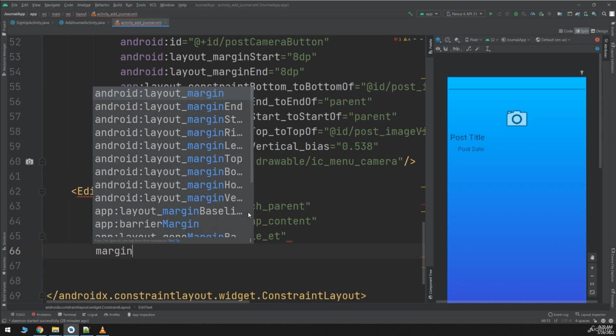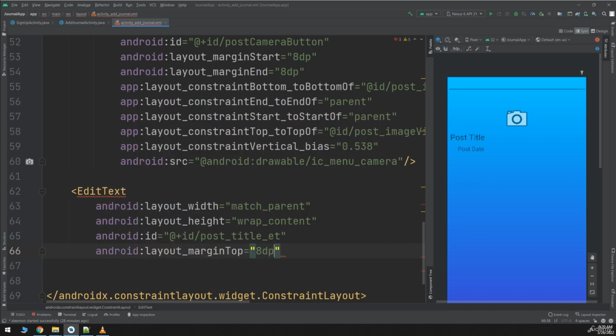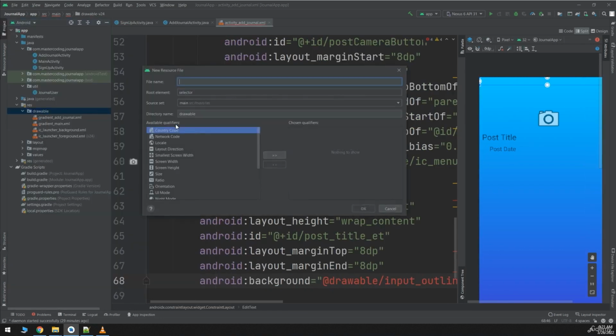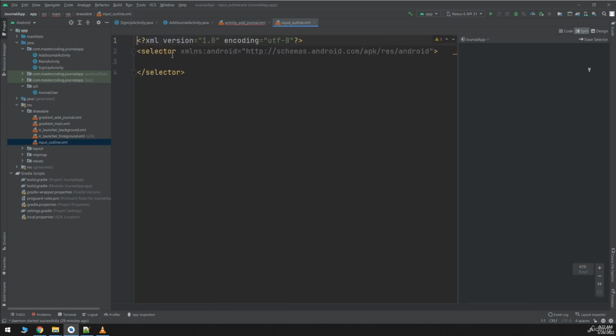Okay, so here we have an image view. We have created an image view. When the user clicks on it, it can open the gallery and allow the user to select one of the images from the gallery. Now let's create a shape called